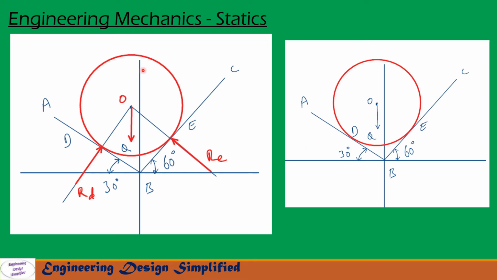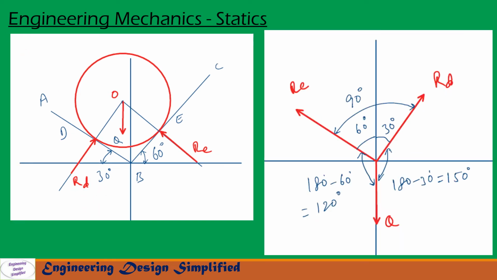So in this picture, forces and reactions are depicted. So force due to weight of the ball will be acting downwards, and a reaction of this side of the channel will be having a direction towards the center of the ball, that is denoted as RE, and a reaction of this side of the wall on this ball acting towards this direction towards the center of the ball, that is denoted as RD. Now let us draw these force and reactions on XY plane.